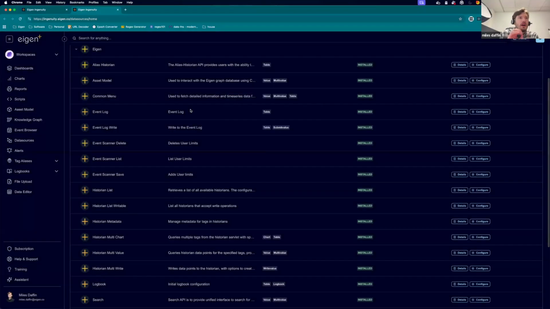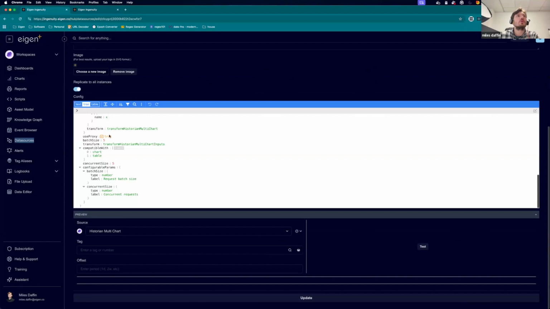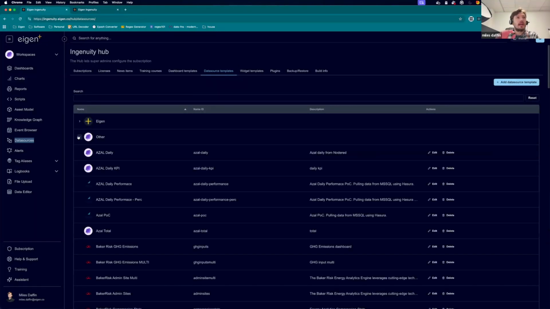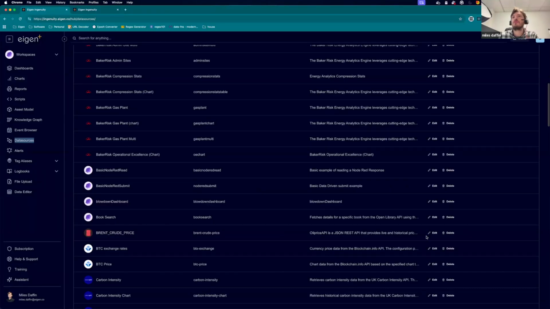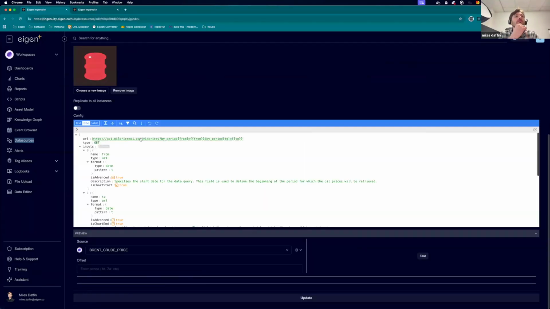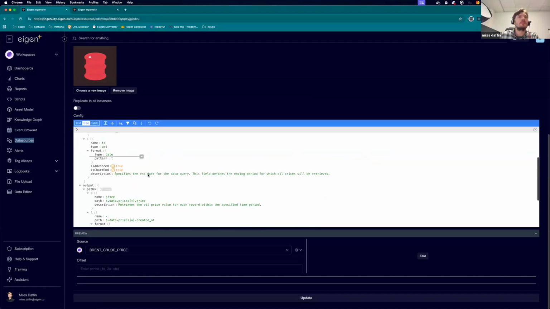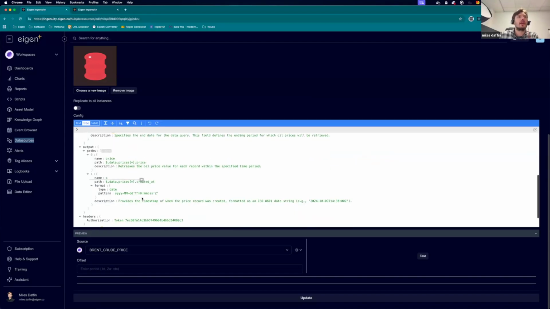So in terms of the eigen data sources, it's quite interesting because it means that we can roll out new data sources with new features and you as users will interact with them seamlessly. But what becomes really cool is if we make data sources to third-party templates. So for example, this Brent crude price, if I edit that, we're just querying this oil price API. We specify what parameters you want. So just periods, and I'm assuming that we'll probably do some different mappings here so that you can get different